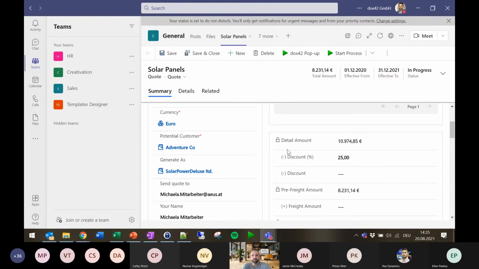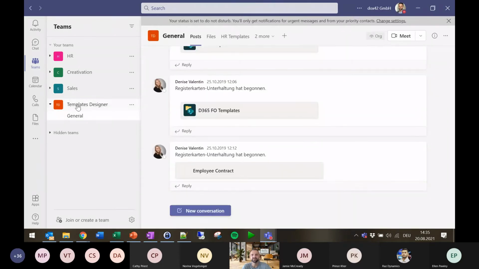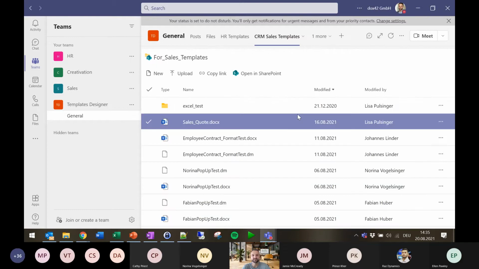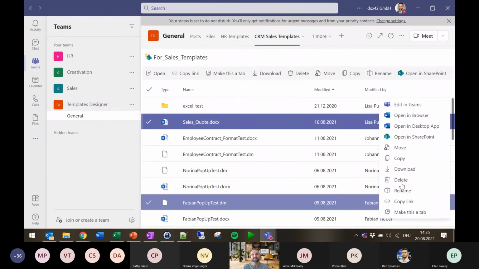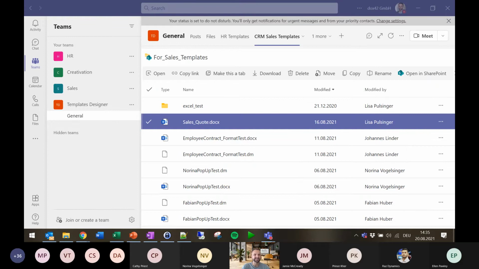Cool. So much for the quote scenario. The template also could, of course, be here, like we see in the templates designer themes, where you have multiple libraries included. And one that we see here is, for example, the CRM sales templates. And without going into too much detail here, because it's very similar to what we've already seen with Narina, there again is the sales quotes. And even for opening and editing all of those, we could again open it from here directly, and then adjust the data that we already get from Dynamics.